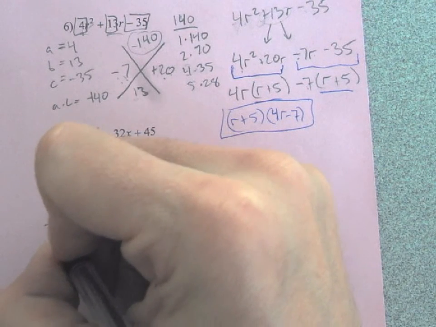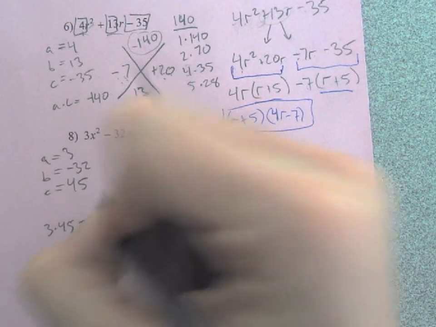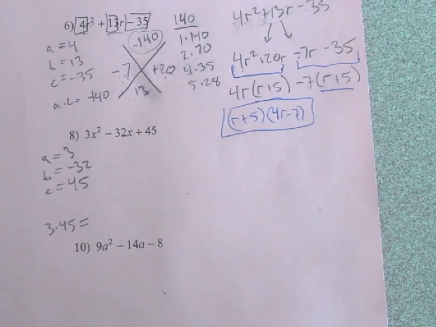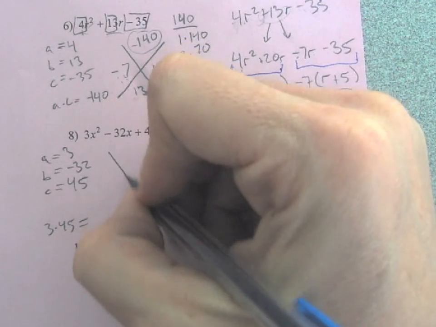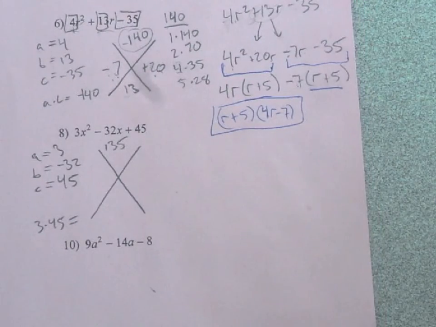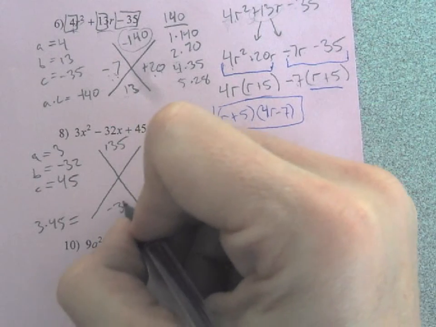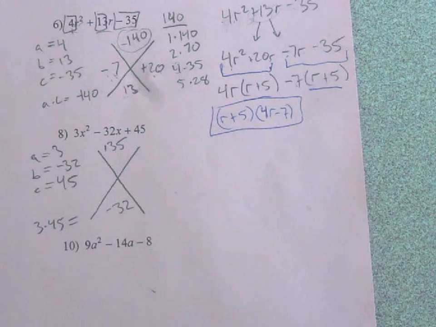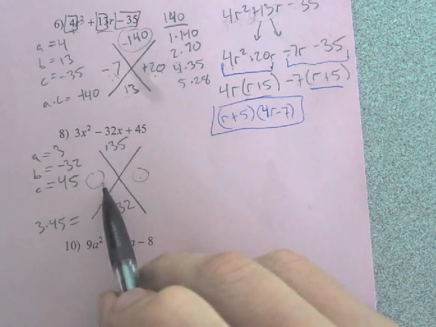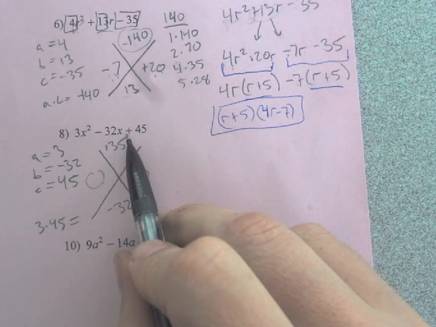Step 2 is to multiply A times C. In this case, that's 3 times 45, which is, I believe, 135. I'm going to double check that because now my multiplication confidence is all shot. Okay, 135 is going to go up the top, and then I'm going to have a negative 32 at the bottom. All right, so what I'm looking for is 2 numbers that multiply to this number, and they combine to